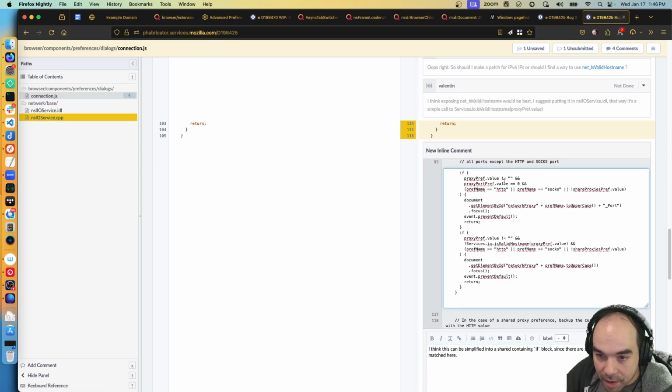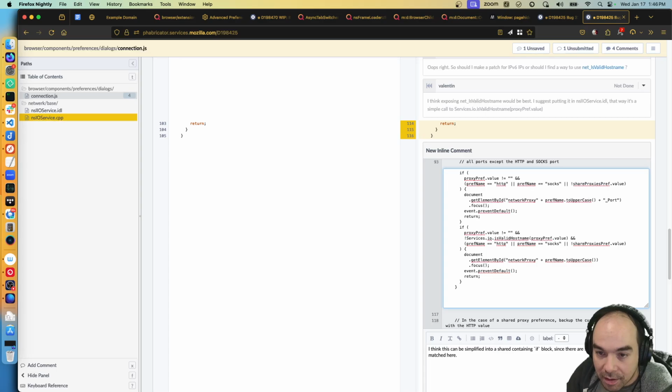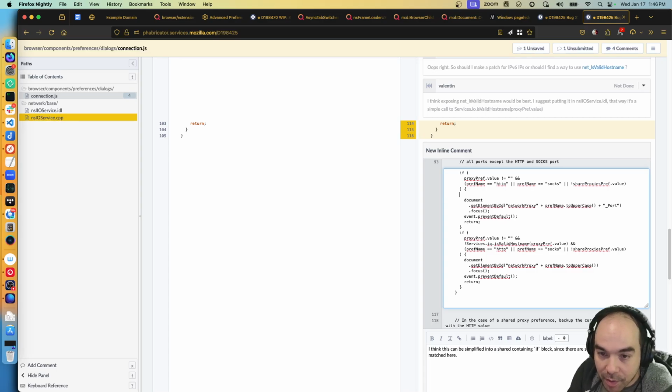So if proxy pref value is not blank and pref name equals HTTP or pref name equals socks, then we enter this block, and then we go if proxy port value equals 0, then